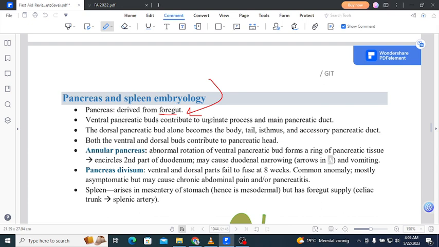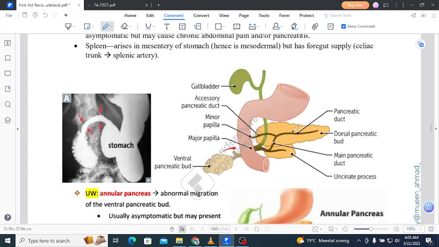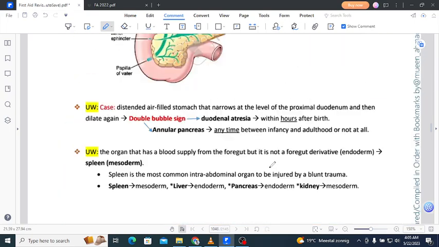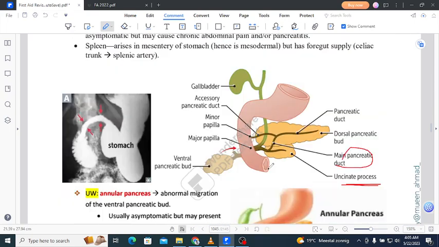The ventral pancreatic bud contributes to the uncinate process and the main pancreatic duct. Okay, so this is the uncinate process coming from the ventral pancreatic bud, and this is the main pancreatic duct. Both of them are arising from the ventral pancreatic bud. But the pancreas is coming from the two buds. This is the dorsal bud, and this is the ventral bud. So in the adult, this ventral bud has given rise to the uncinate process and this main pancreatic duct, while